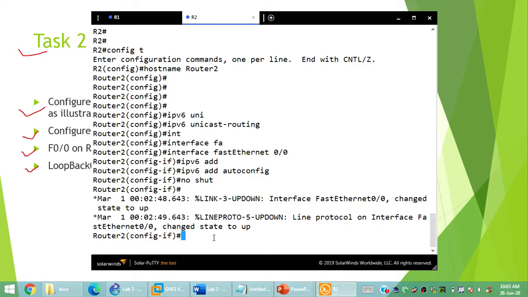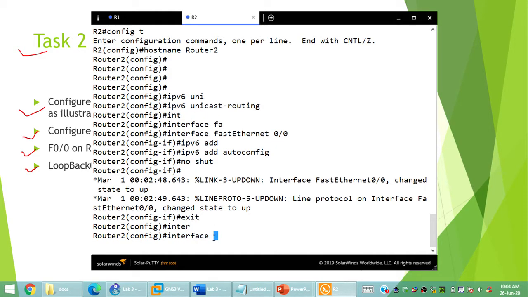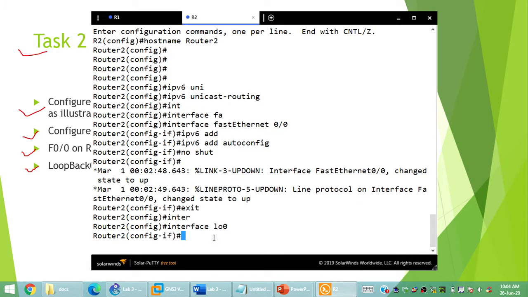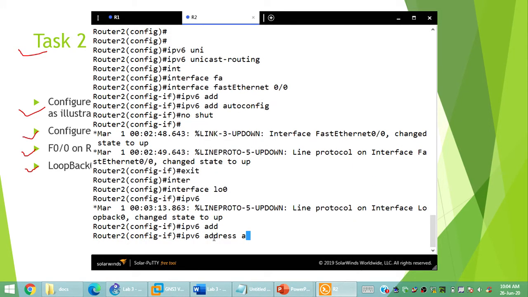Fine. Okay, so both of them are now configured easily, and similarly I have typed the no shut command on both of the interfaces. Now I just need one more thing to complete, and that is the IPv6 loopback address. So let's start with assigning a loopback address, interface Lo0, and you can give any number. I'm going to type the address 2001:AAAA, that is AAAA:AAAA, colon 3 times in short, and /64 eui-64, pressing enter.